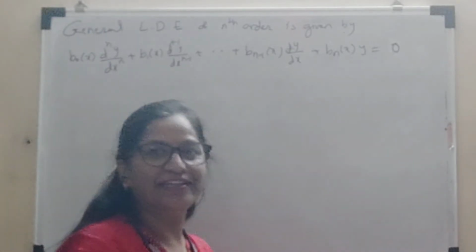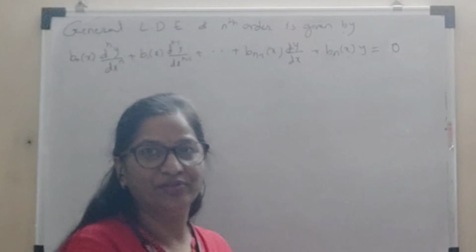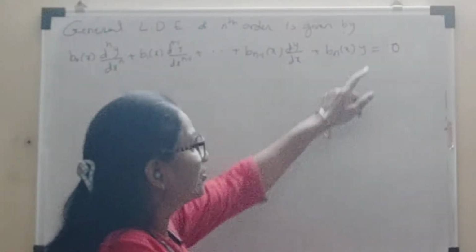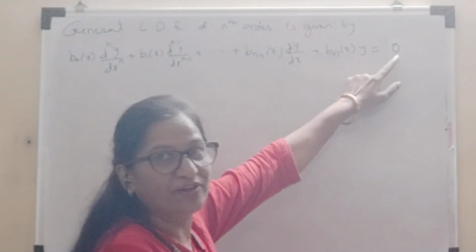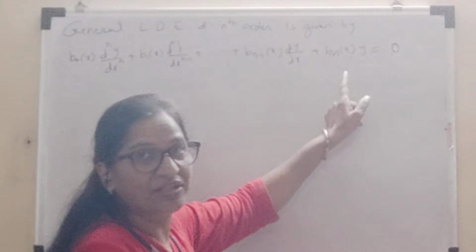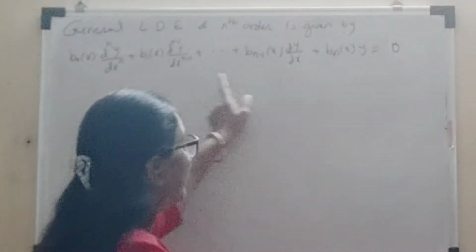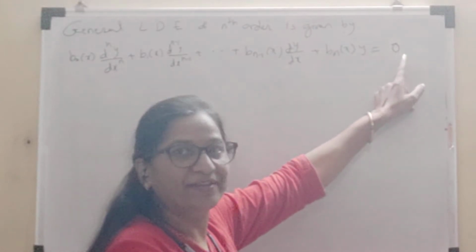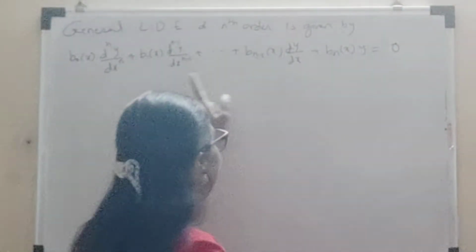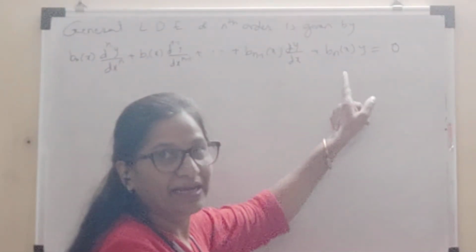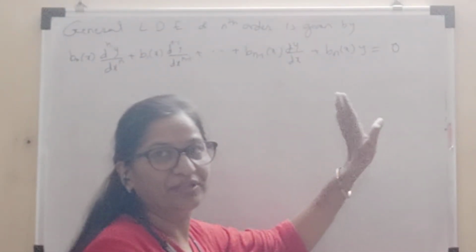Now I am interested in finding its general solution. What is the general solution? Now the RHS of this homogeneous equation is always 0, and that's why we have to find the solution corresponding to only the LHS part, because the solution corresponding to the RHS part will obviously be 0. So we just try to find the solution corresponding to the LHS part, and that is nothing but the general solution.